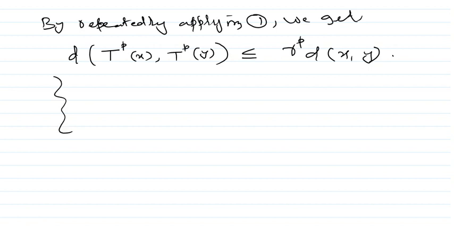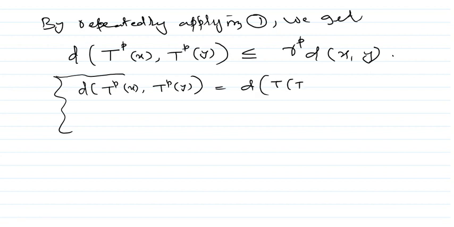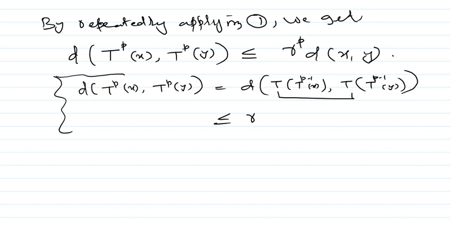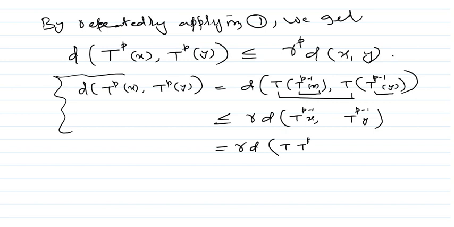If you want to verify it, let's see this distance between T power p of x and T power p of y. So you are applying T p times here. This is equal to distance between T of T power p minus 1 of x, and T of T power p minus 1 of y. Now since T is a contraction, you can apply 1. It's less or equal to r times distance between the points. So the points are here, T power p minus 1 of x, T power p minus 1 of y. Now you can write this as T of T power p minus 2 of x,